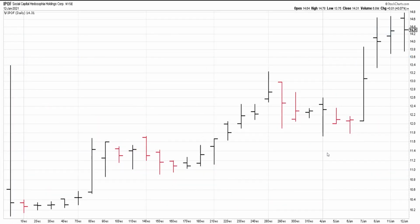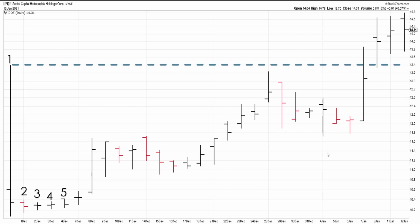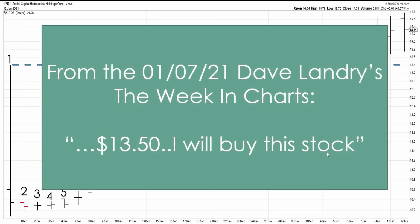Now, here's another one that I talked about in the weekly charts. Day 1, it's got this big old wide range bar, nothing to do. Day 2, day 3, day 4, and day 5. So the high was set on day 1. So it not only has to be a new closing high, it also has to close above that day 1 high. And in last week's weekly charts, which you can find at